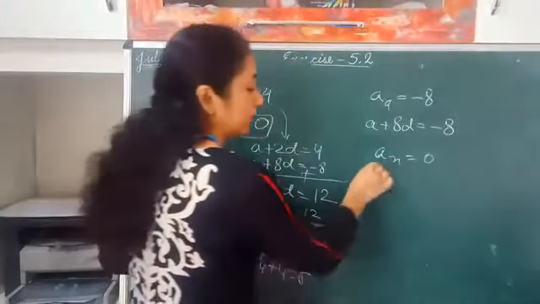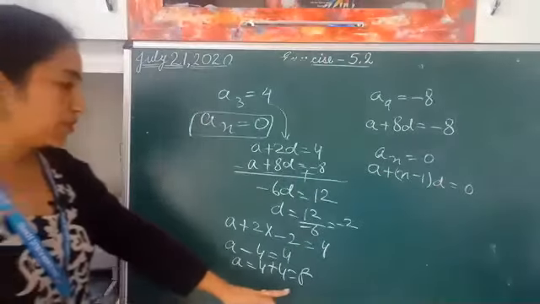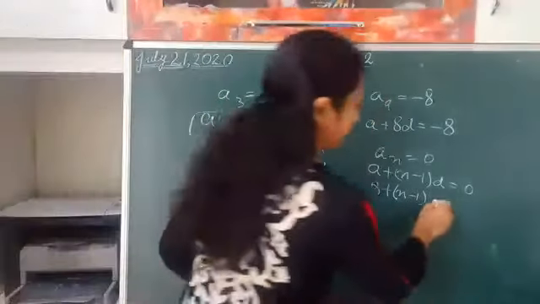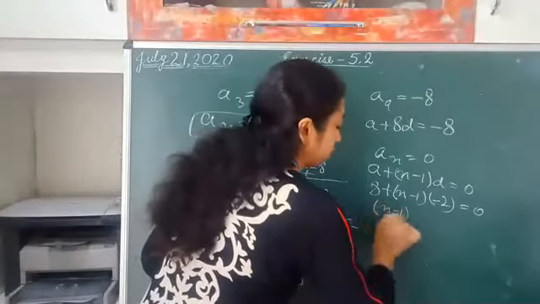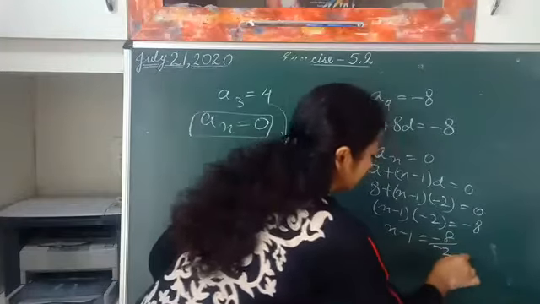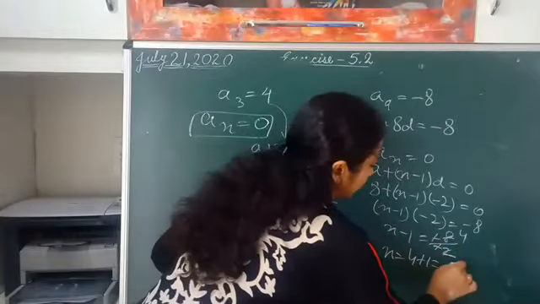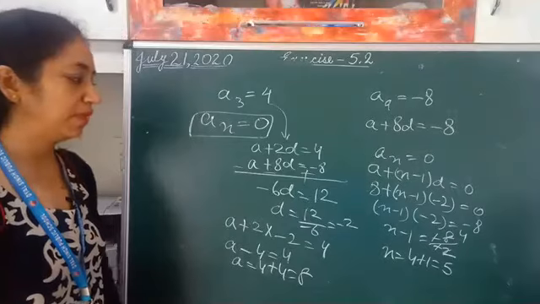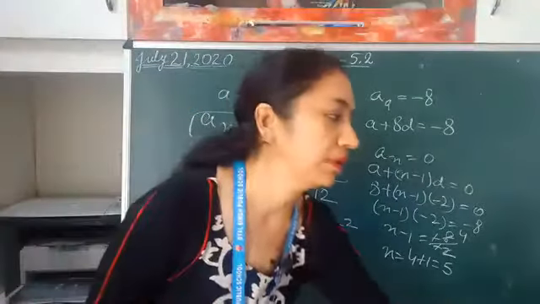Now we have to find out the value of n. Now we are using an is equal to 0, that is a plus n minus 1 into d is equal to 0. Now put the values: a is 8 plus n minus 1 into d, आपने find out किया है -2, this is equal to 0. 8 को उधर shift कर दो, n minus 1 into -2 is equal to -8. n minus 1 is equal to -8 upon -2, and you're getting 4, so n is equal to 4 plus 1, that is 5. That means the fifth term of this AP will be 0. Clear? Any problem? Any doubt left somewhere?